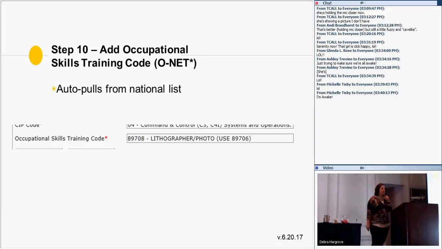The same goes for the occupational skill training code. This will be open entry text until the beginning of August, when that correction is made to allow you to filter, so that you'll start typing in the number and it'll auto pull from that national list. Please note that both of these are different than a drop-down list.